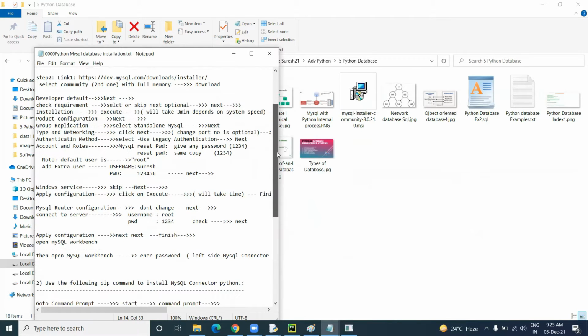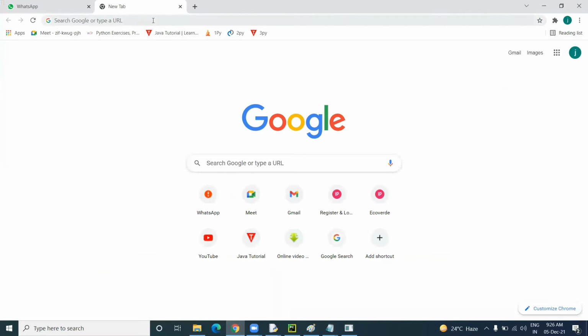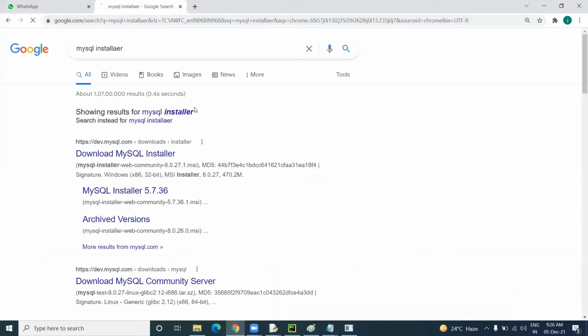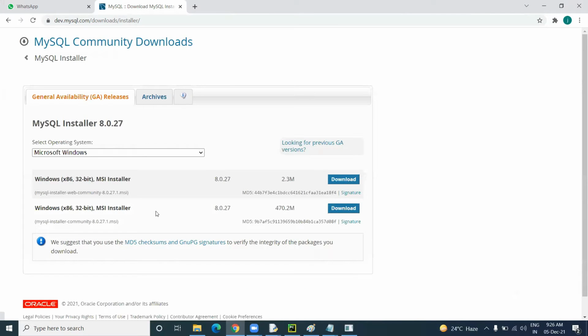First, go to Google and type MySQL installer. Here you'll get the MySQL download installer, and you'll get the latest version. You can download any version, whatever version you want to use.